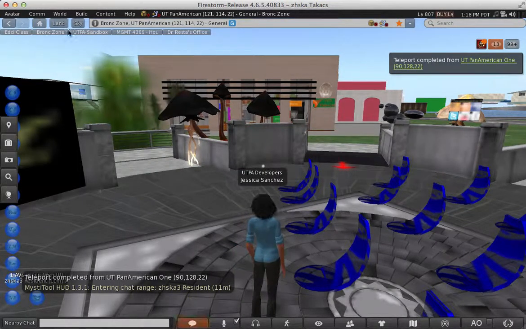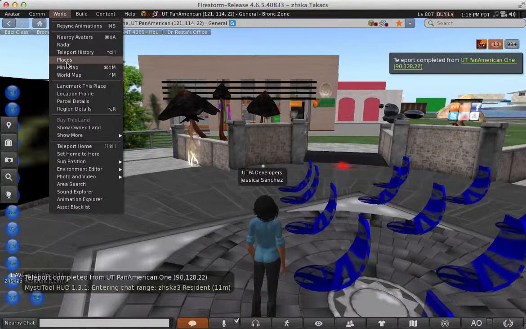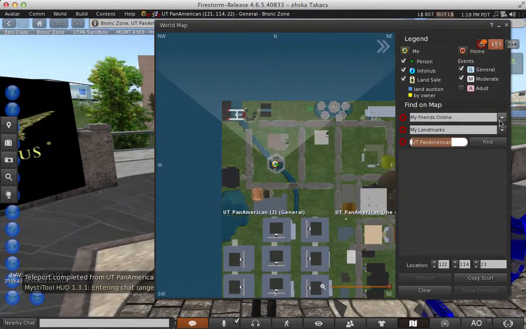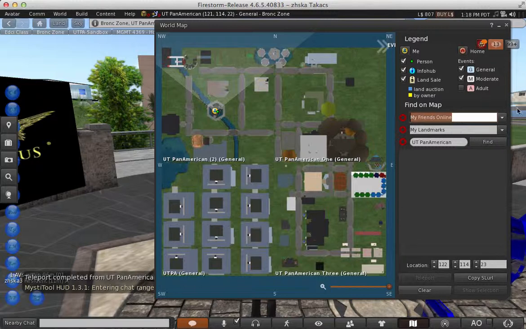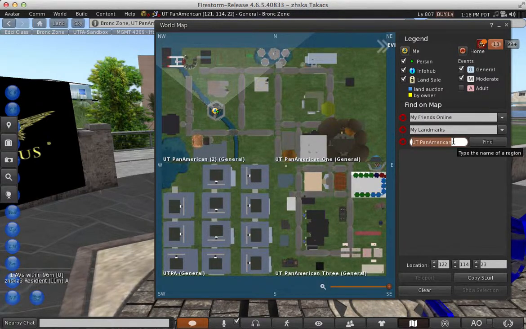I can also search for friends, so I'm going to click on World and World Map again. By looking at my friends list, I can try to see if anybody is online. Apparently not many. I can also teleport to different locations. For example, let's see, what should I search? If I search NASA and click find,